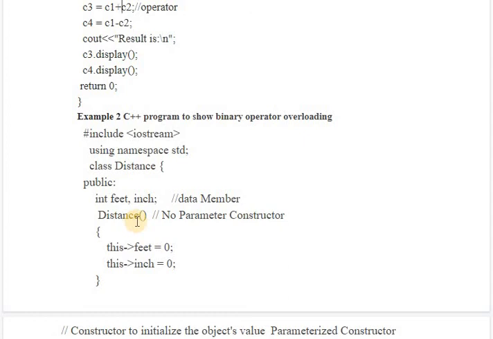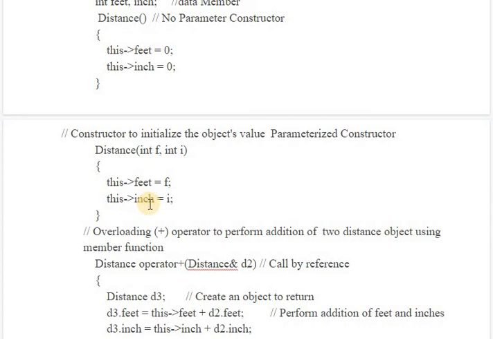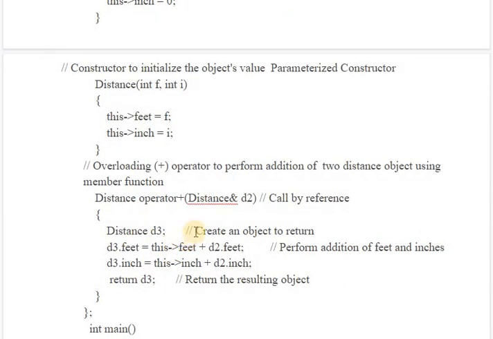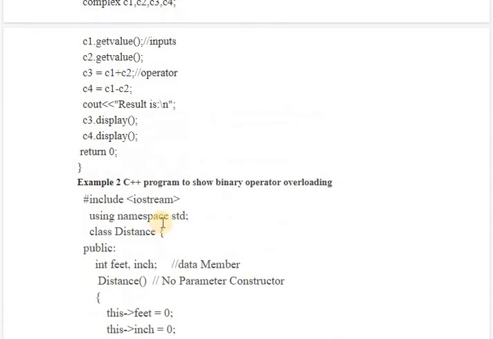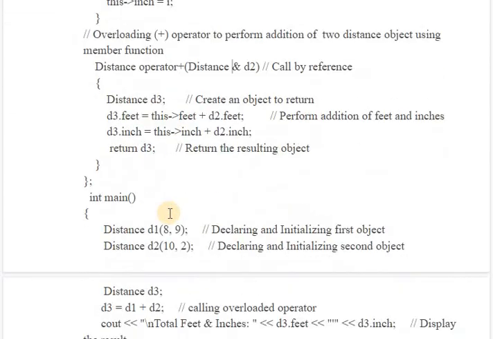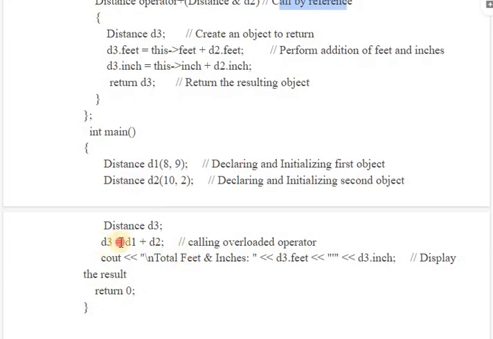So this is another example in which we have, I think, added two distance objects, and using normal member function here we have passed call by reference. We are calling function by reference. So this is a slightly different program or example from the previous one. So you need to execute both of these. You can pass call by value and as well as call by reference here. Both will work here. But the calling of operator function is similar in any case.